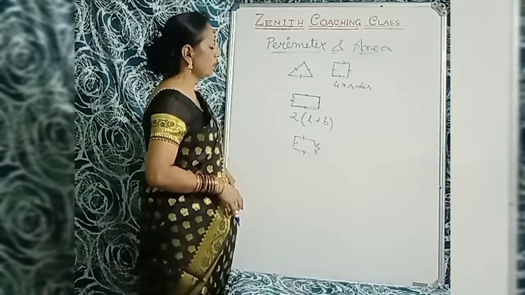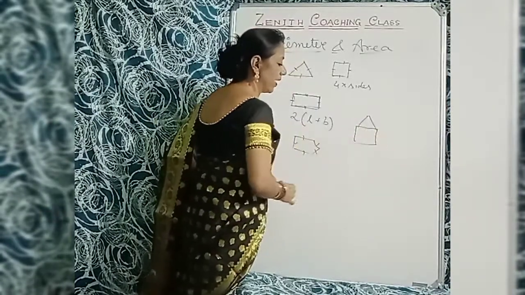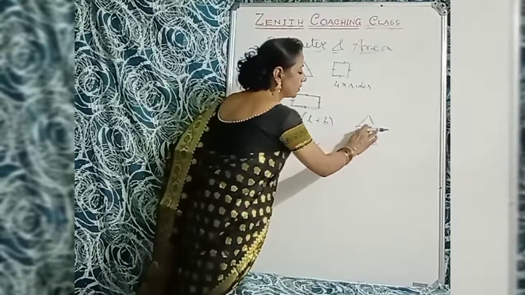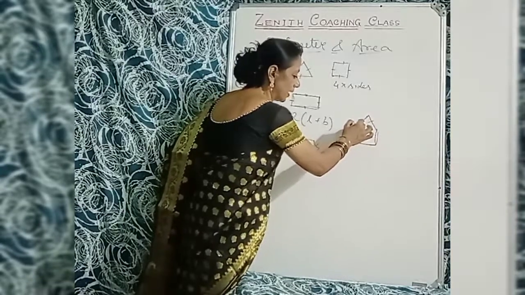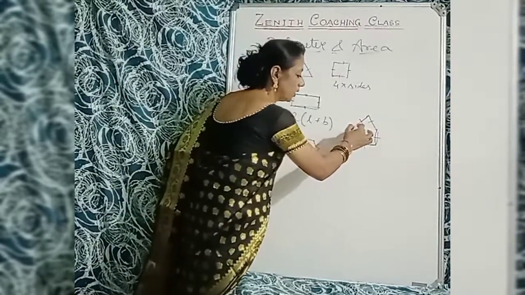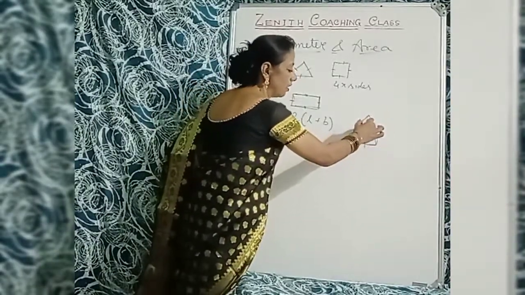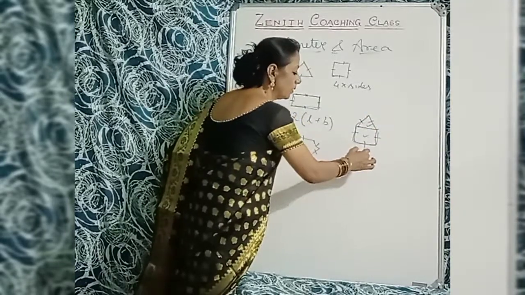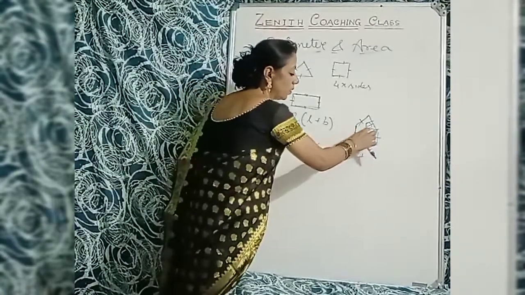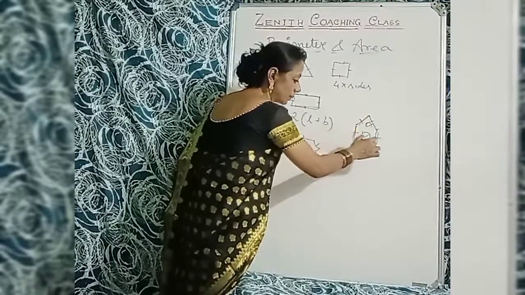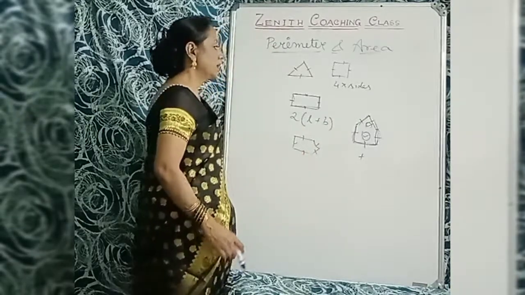Now, supposing say this is a figure. Here is a square and here is a rectangle, and a triangle. So for perimeter, don't take this one. Perimeter is just the outline, the border. So that is the summation of these 5 sides. Don't take these sides. In case of area, you have to find out the area of the square and the area of the triangle, then the summation of the two figures. Okay, that's the area. But in case of perimeter, don't take it. That is plus, plus, plus, plus, plus. That is the summation of all the sides, that's the outline. Okay, this is called perimeter.